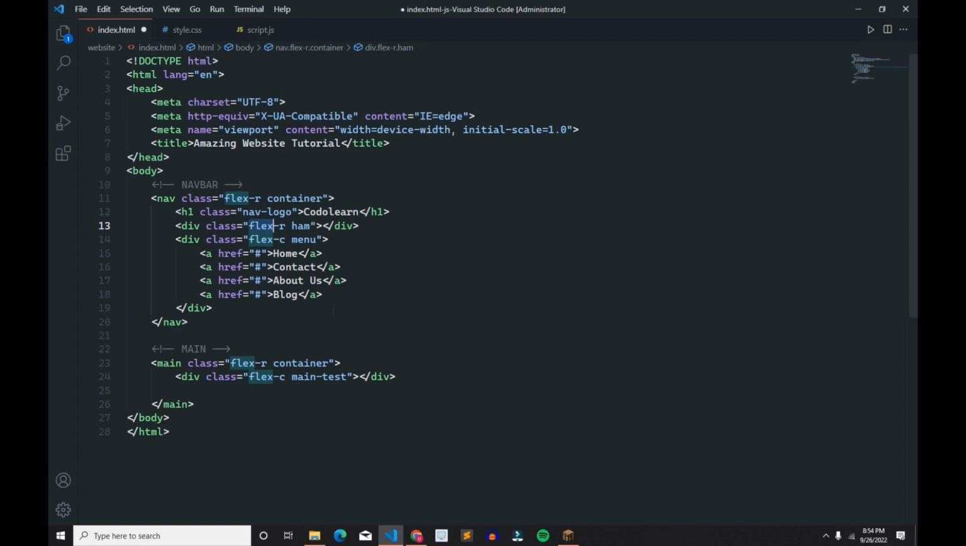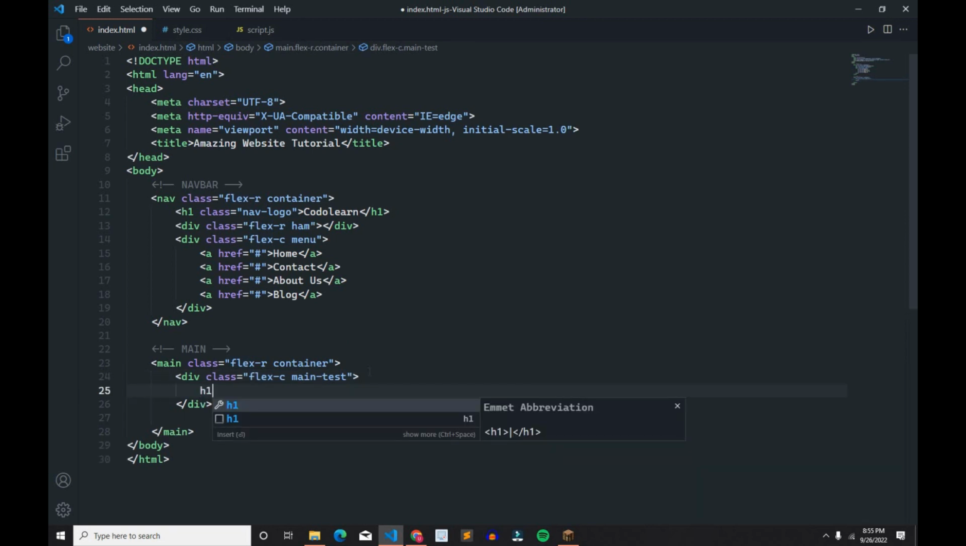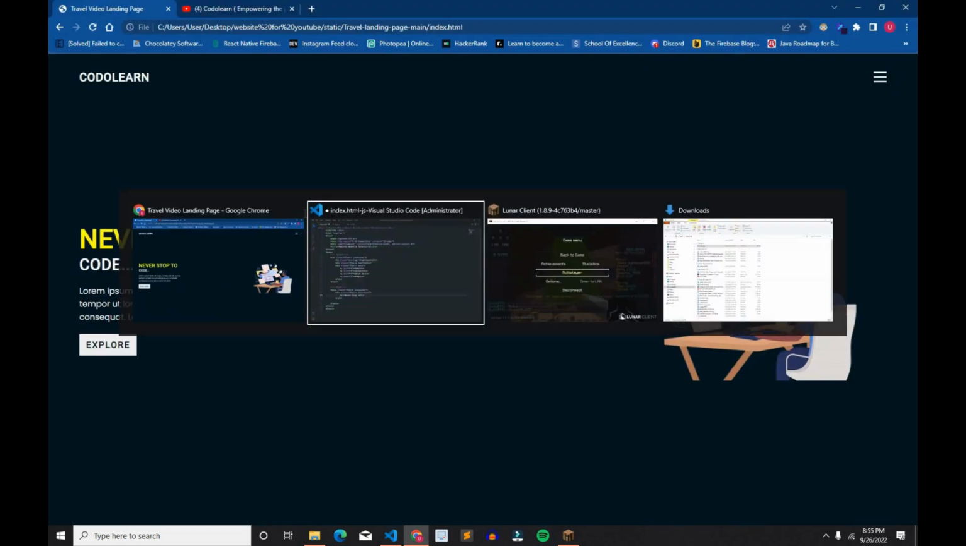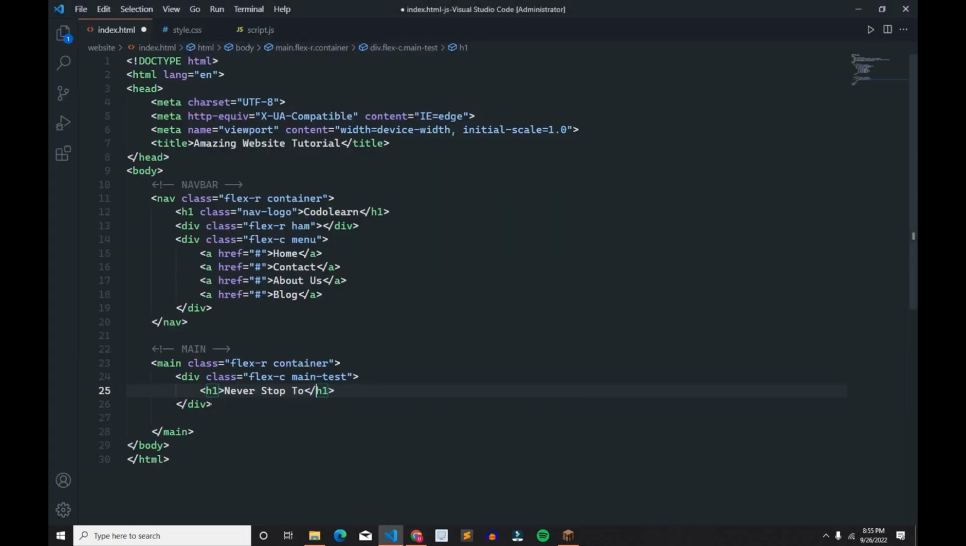So guys, the main reason behind this is we assign particular code that is similar in these blocks of code, and we won't need to write it again and again. That's why it is helpful, and it increases productivity with less effort. So then we have to add main test, and after that here we have to add an h1, and inside we add never stop to, that's it. And here we have to add some classes,